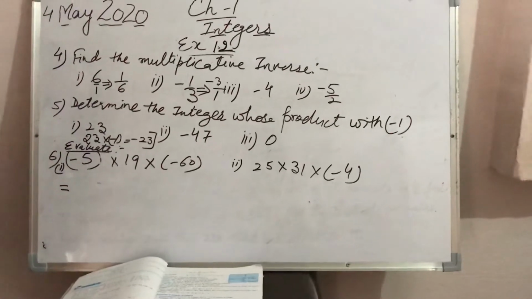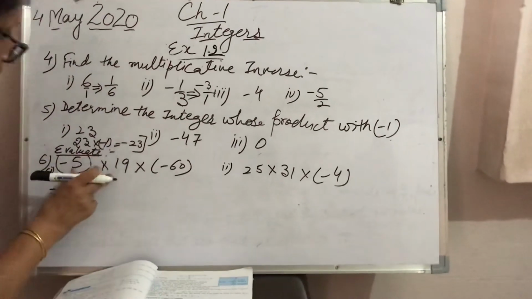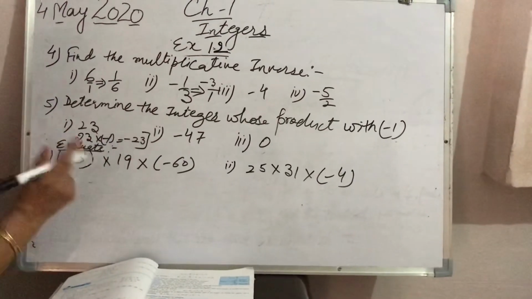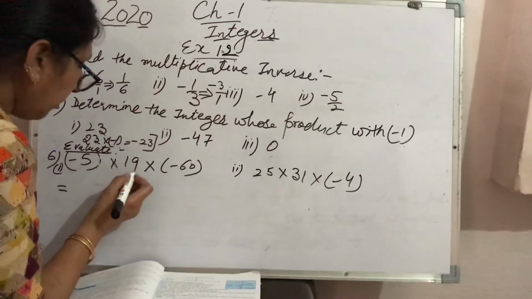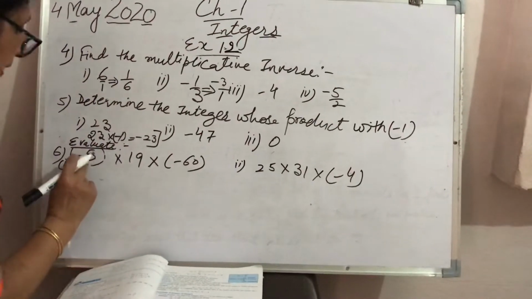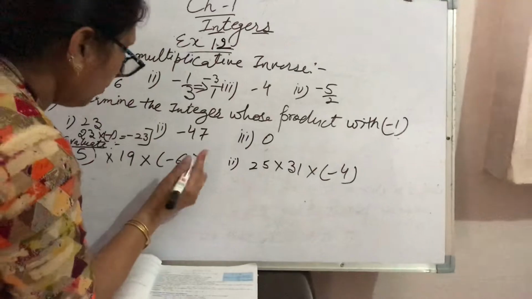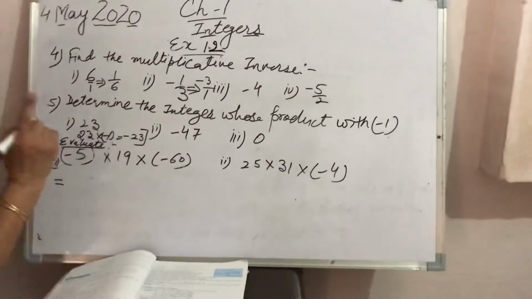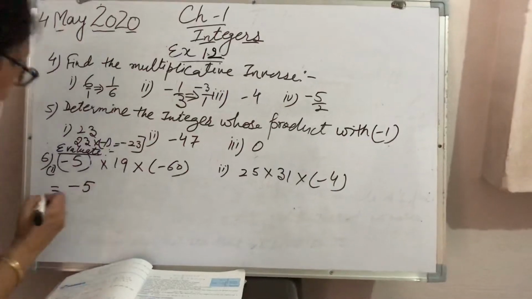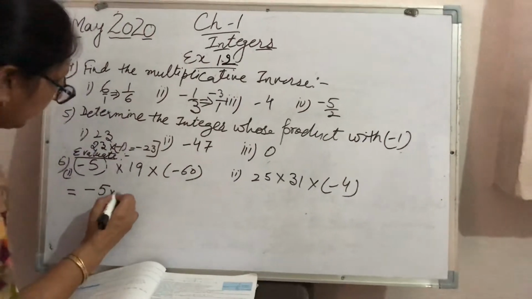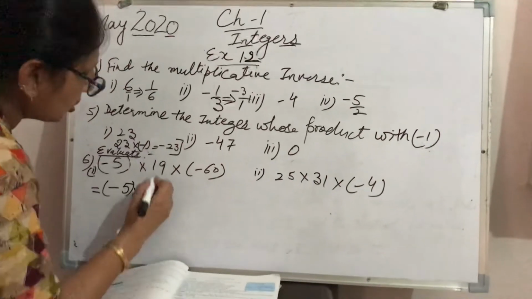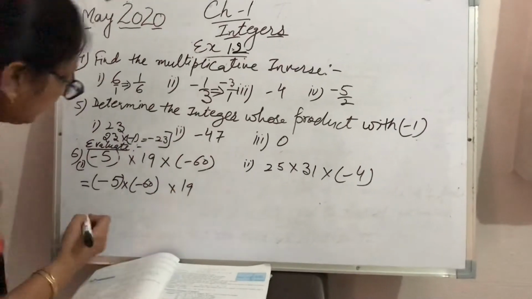We have to find the ending 0. In which product can we find the maximum number of zeros? So, for the ending digit, 9 5s are 45, there is no 0. Then 60, already 1 0 is there, and 6 5s are 30, again 1 0 is there. So we will make this group minus 5 multiply minus 60, then minus 90.